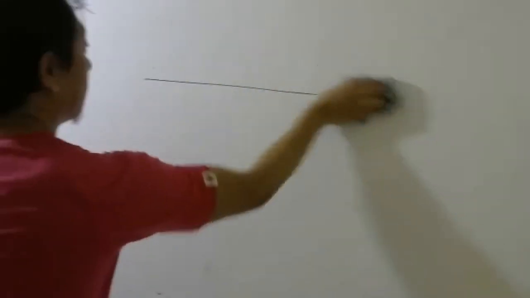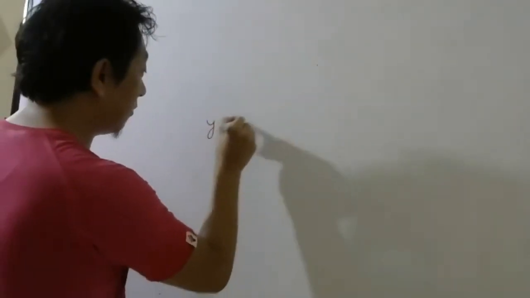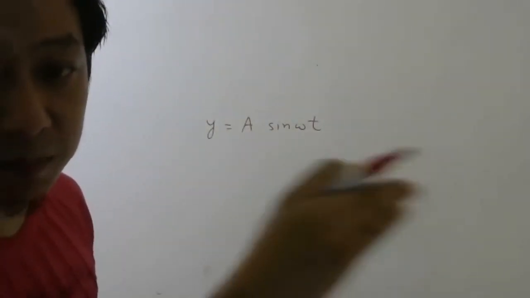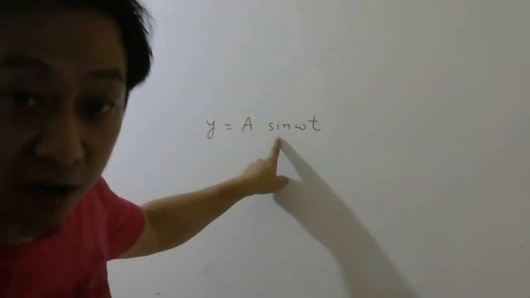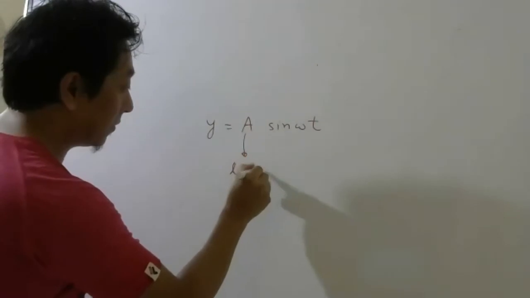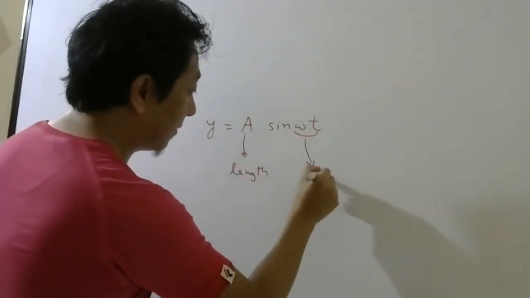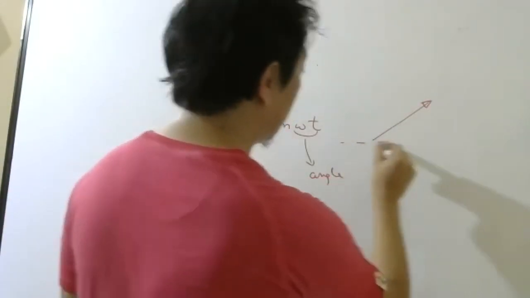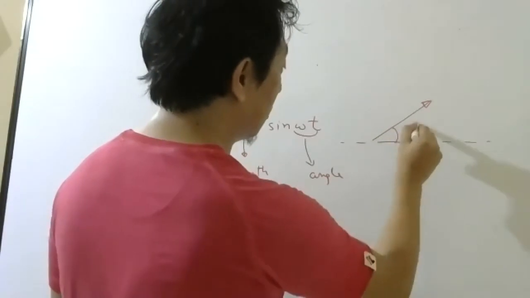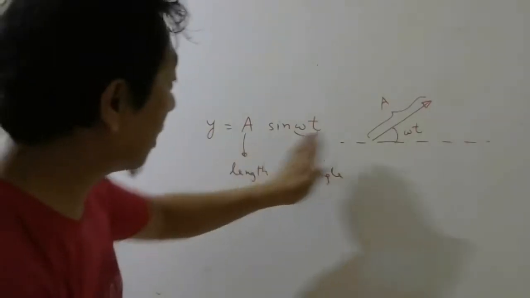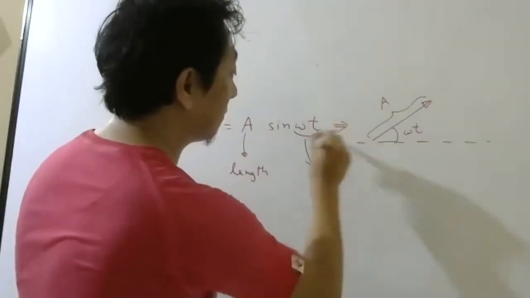So let me just quickly revise once. Any alternating quantity will be like this, varying harmonically. Harmonically means it can be represented by a sine function or cosine function. Then this will give you the length of the arrow, and this will give you the angle. And how will we represent them? Like this. We'll draw some arrow. This is the reference line. This will give you phase. This will give you peak value. So that much, students, this formula and this diagram you should remember. Done?